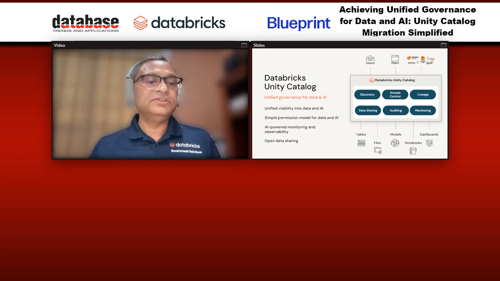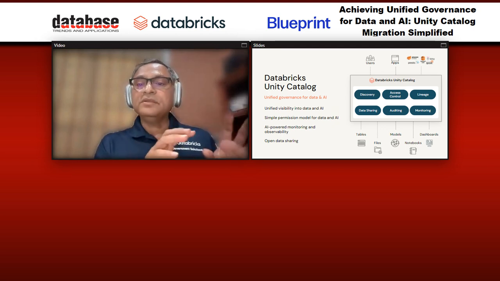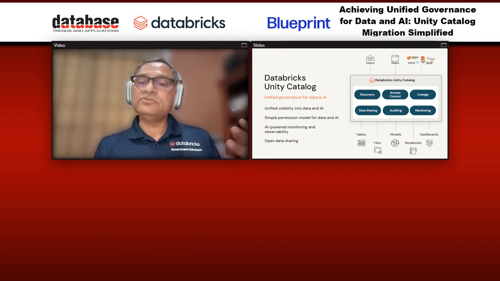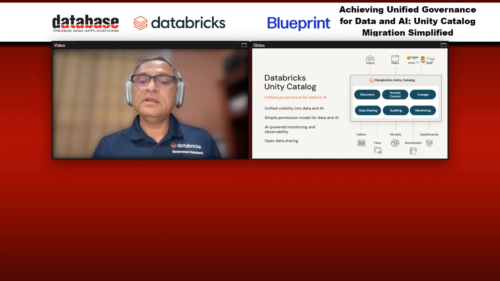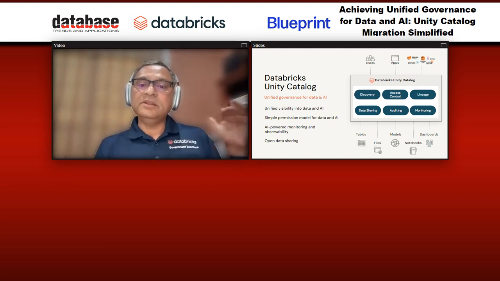Unity Catalog brings you answers to a lot of these questions, right? So in the box, if you see the components of Unity Catalog, what does Unity Catalog as a product consist of? So Unity Catalog brings on the table discovery, which is a unified search box, and if you just type, even in plain English, what you're looking for, you will get a scan across your platform, and it will produce a list of all your data sets, all your file systems, all your machine learning models, all your BI applications, BI dashboards, your delta shares, your marketplace assets. All of that will be pulled together in one.